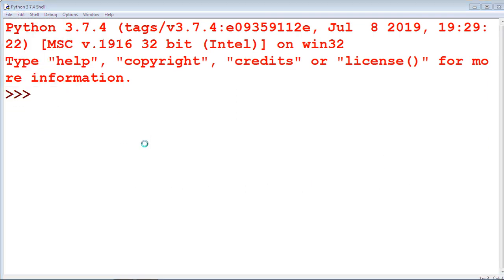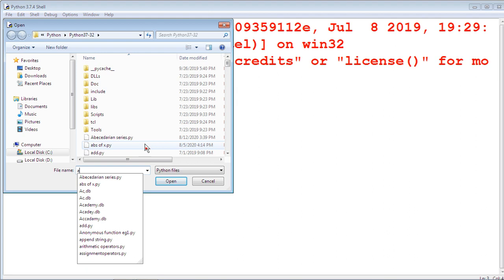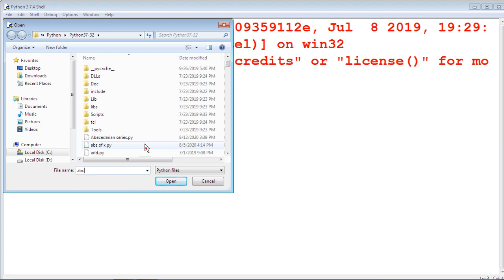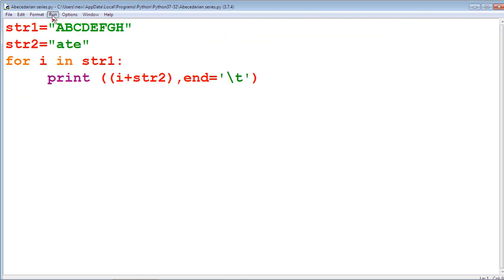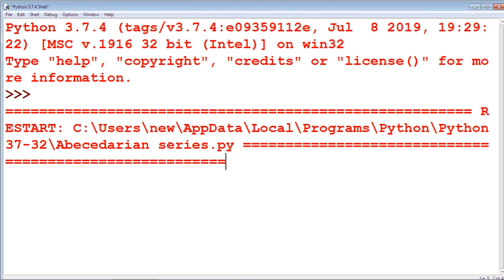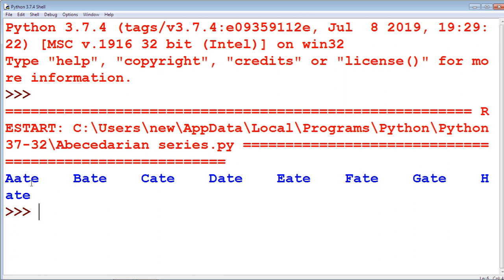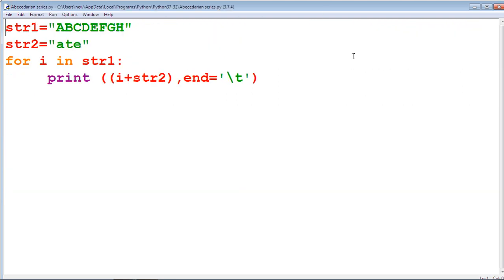File, open, abecedarian series. Now run this program. We get the result AATE, BATE, CATE, DATE up to HATE.